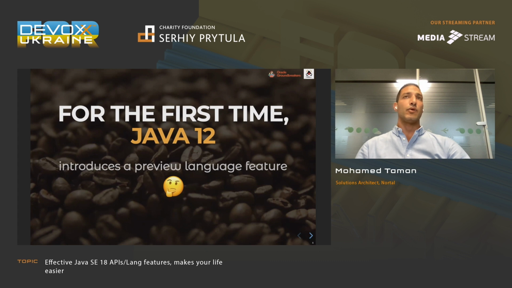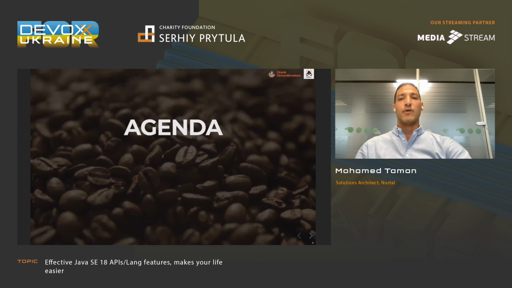But it's at your own risk if you'd like to use it, because there is a flag to enable it, and this flag is --enable-preview. You can use it in production or in your IDE or in Maven. There are a lot of options that will enable this for you, including through testing. Then you can make use of the features, and it will be easier in the future to migrate if there is a change or a new enhancement or update to these preview features. So this is something you have to be aware of.